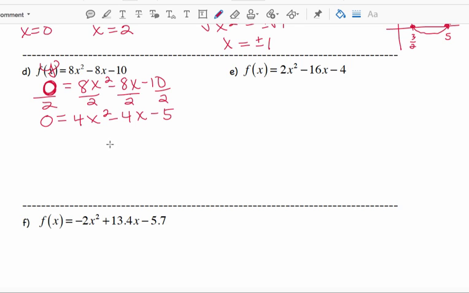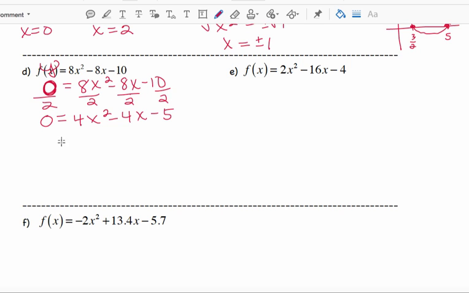And so then I'm going to either use the quadratic formula or completing the square. To complete the square, you need to have your first term here, your x squared term, have a 1 as the coefficient, so you would have to divide by 4. And if I were to divide my entire function by 4, then I would have a whole number here, and on the end, I would have a fraction. And I don't like to complete the square on problems that have fractions. So it's going to get a little too messy for my taste,